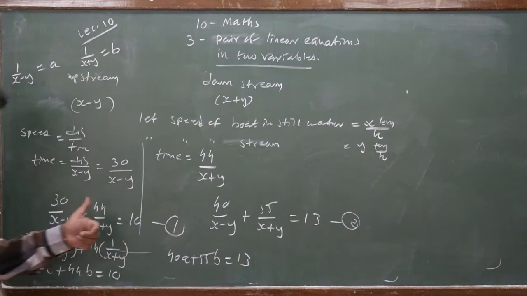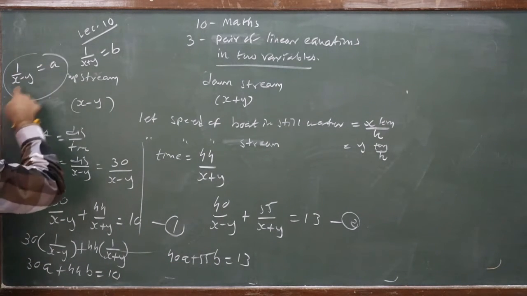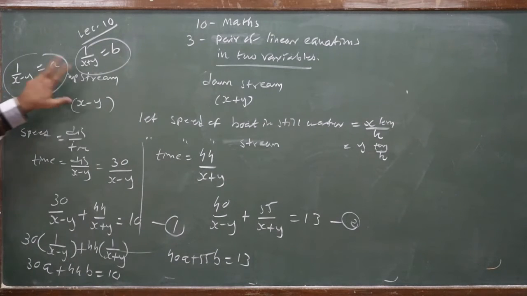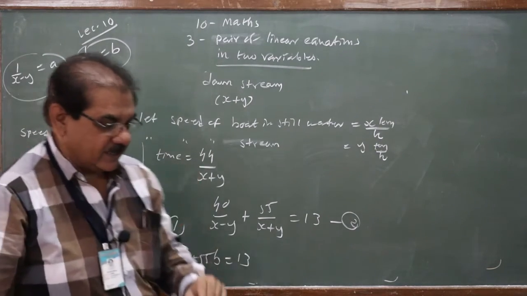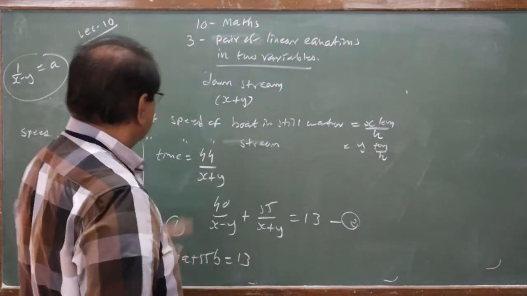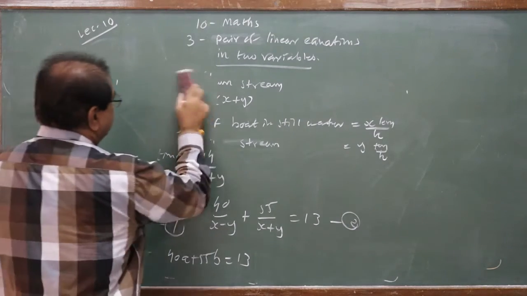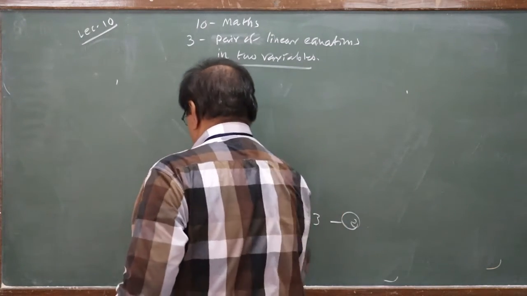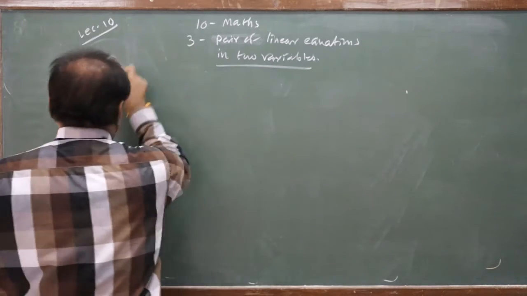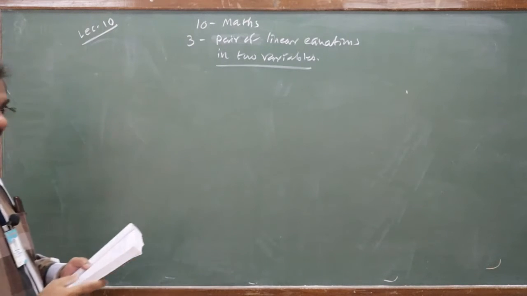You solve them, get the values of a and b, and after that a you compare with this and b will compare with this. Again you will get two equations in the form of x and y. Again solve them with the method of your choice and get the values of x and y. So this is how, as you know how to solve your different methods, so you can solve them very easily. Okay? So I don't solve the equations, I simply bring you to the equation in the standard form, then you can solve them with the method of your own choice. Okay? Now we take exercise 3.6.